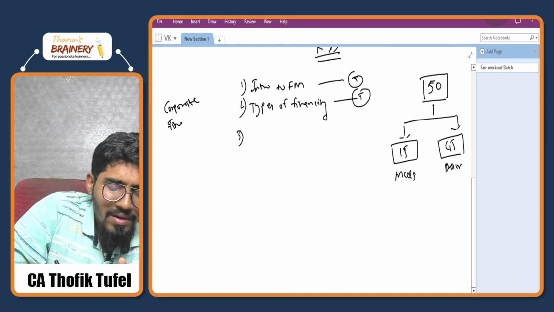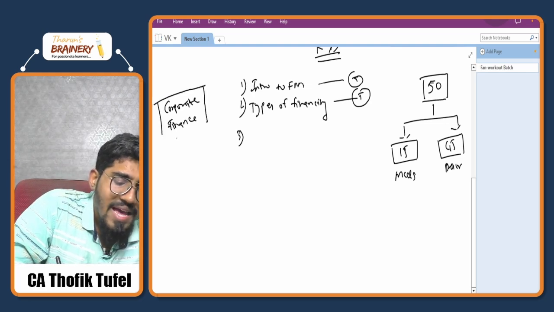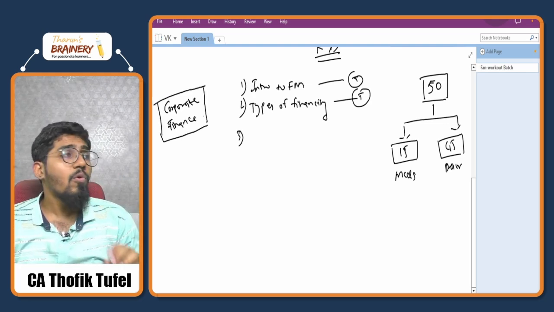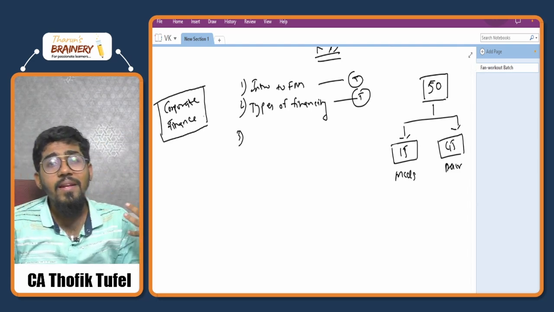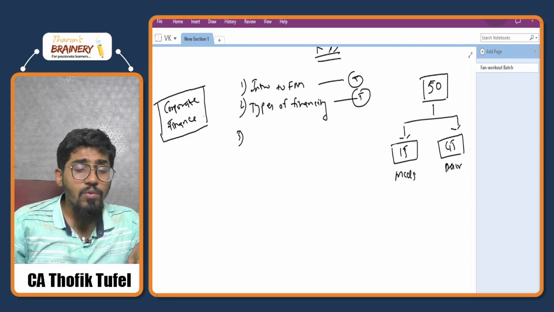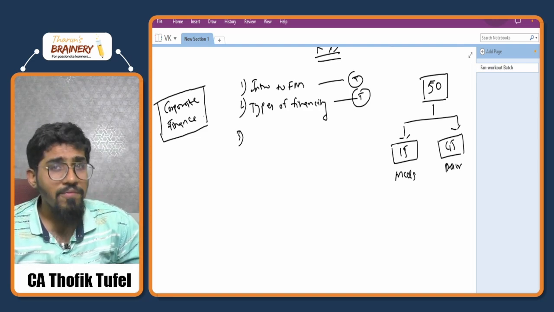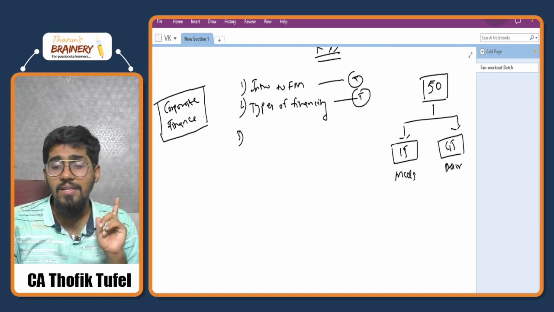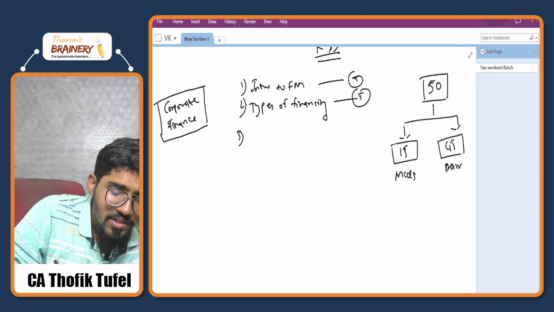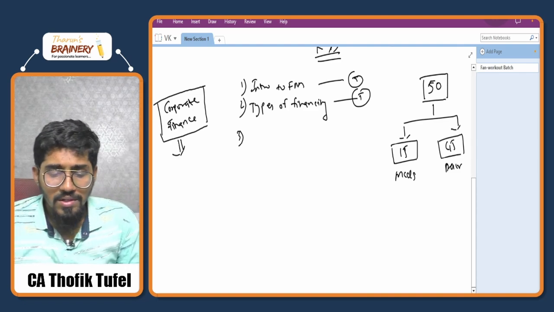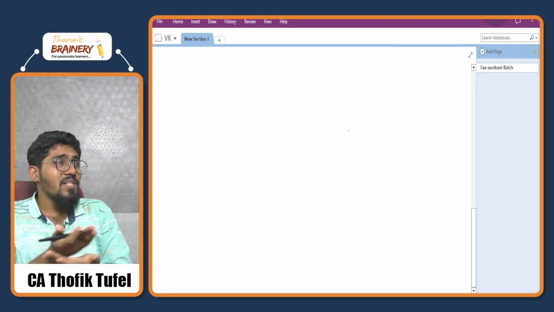At CA Inter, all the discussions will be for corporate finance. At CA final level, you will be seeing core finance. So right now, for a corporate, whatever decisions you have to make, all that you have to study here in this subject, which is Introduction to Financial Management. I'm just brushing up because this is the basics.